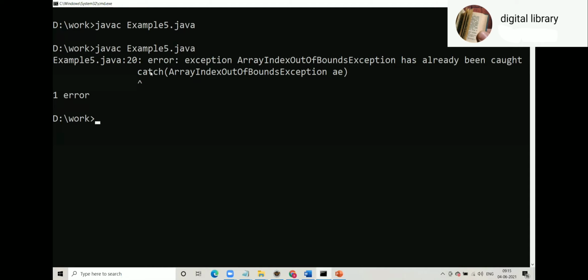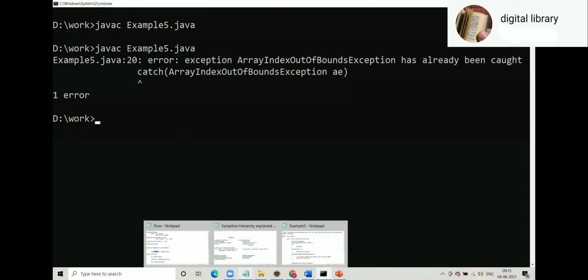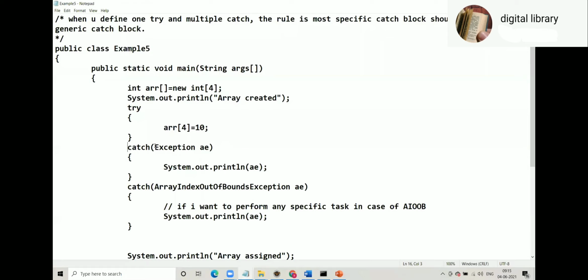So the catch block which you have written is unreachable, because that ArrayIndex exception can be caught here, so this becomes unreachable code. That's why this is not allowed.